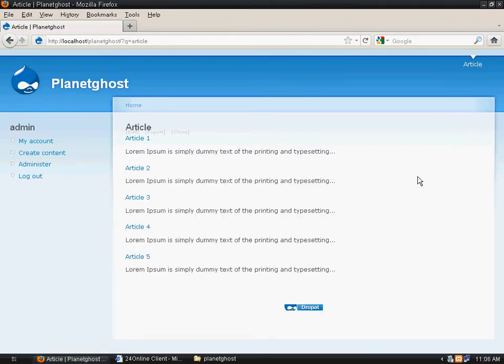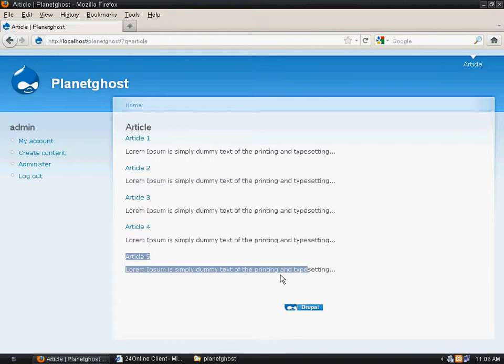Once the article is created, it will list all the articles on a page. Now, we will do some more modifications on this. Now you see the article which was created is listed on this page first. The last article created is listed at last.